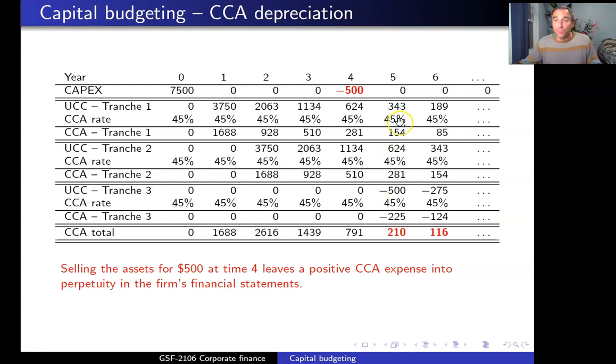If the assets are sold for more than $967, then the remaining CCA will be negative. So the undepreciated asset cost at the beginning of time 5 is $967. If we sell the asset for less than $967, the difference, $967 minus salvage value, will keep depreciating forever. If we sell the assets for more than $967, then not only the first